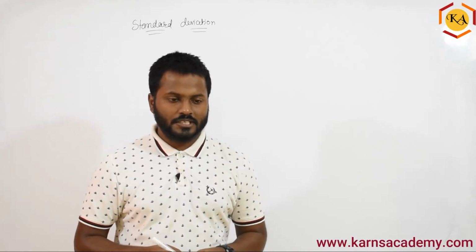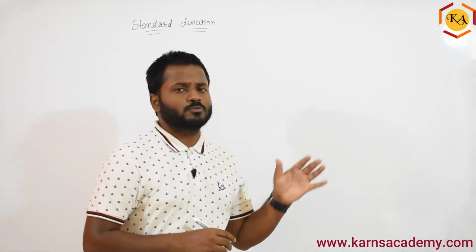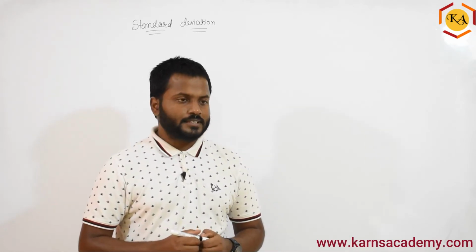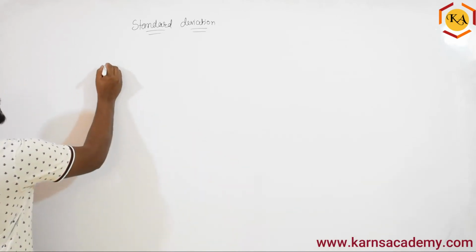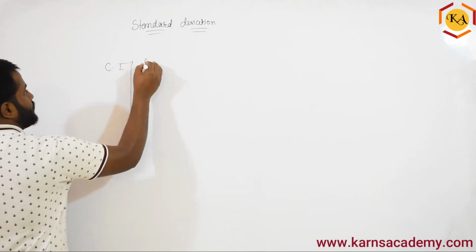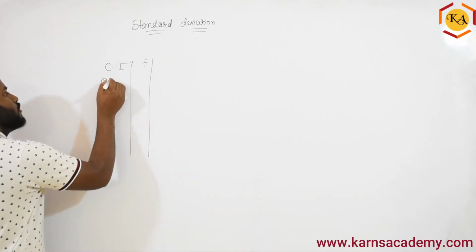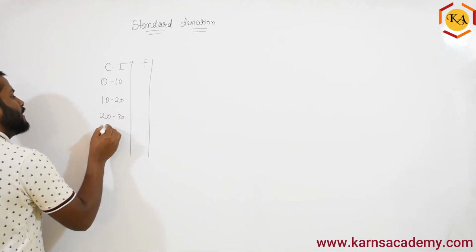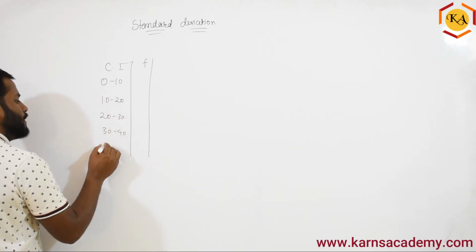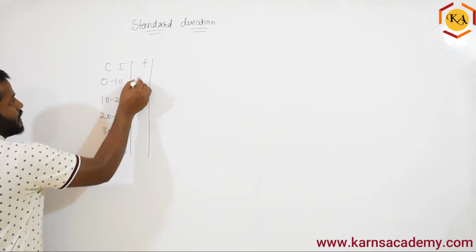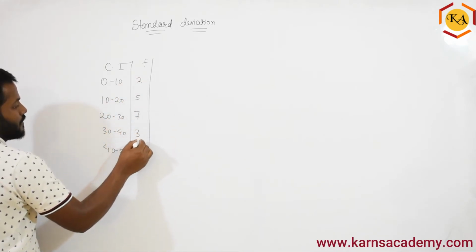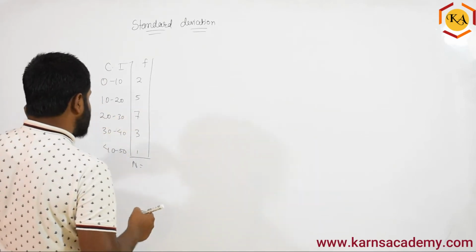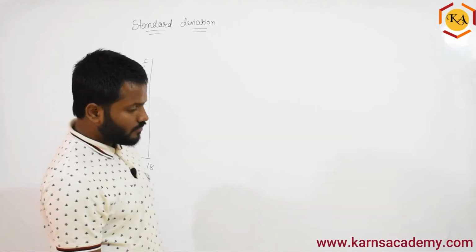During the mean, I have already taught you. Same thing you have to do here, just the formula will change basically, everything else remains the same, right? So let's take one data. Class interval they have given and the frequency they have given. So what I'm going to write is 0 to 10, 10 to 20, 20 to 30, 30 to 40 and 40 to 50. So this is the class interval I'm taking, and let's take some random frequency, right? Which if you add, you will be getting n. So 4 plus 7, 11, 11 plus 7, which is nothing but 18, right?